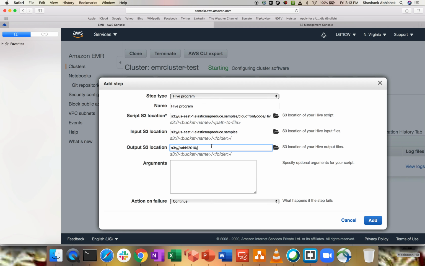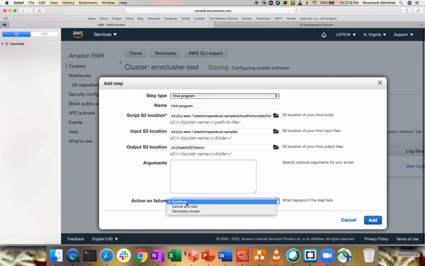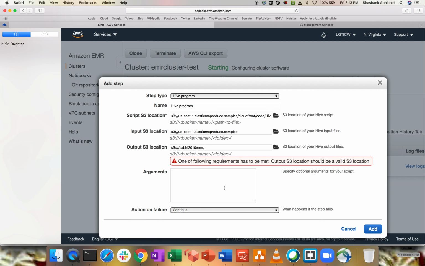Let's use the location of bucket EMR. Action on failure: continue, cancel and wait, terminate the cluster. We have these three options, and I'm going to choose continue. It will give me all the details of what we are going to have. Click add. It requires the output S3 bucket to be a valid location.